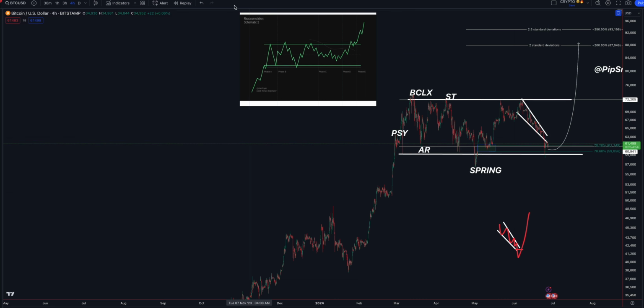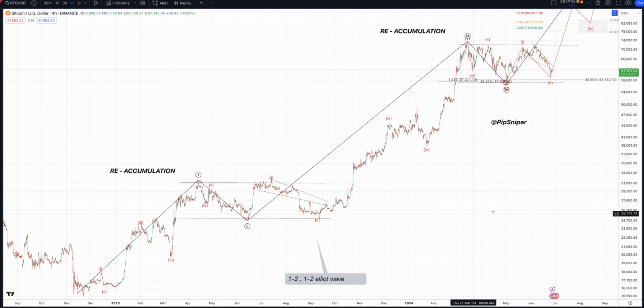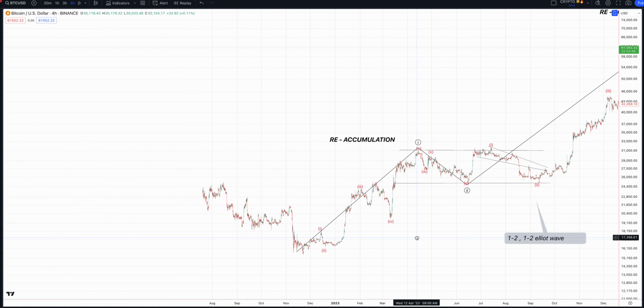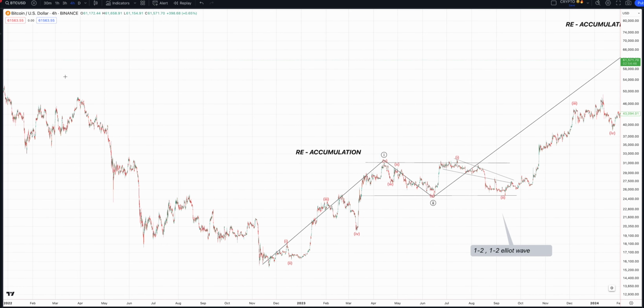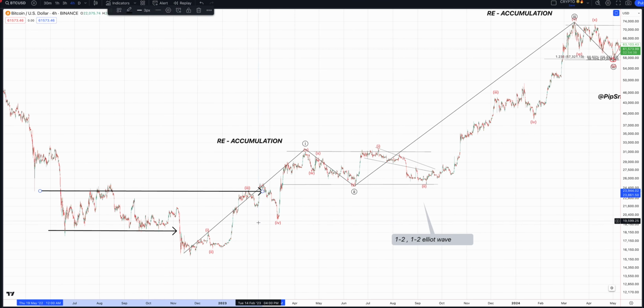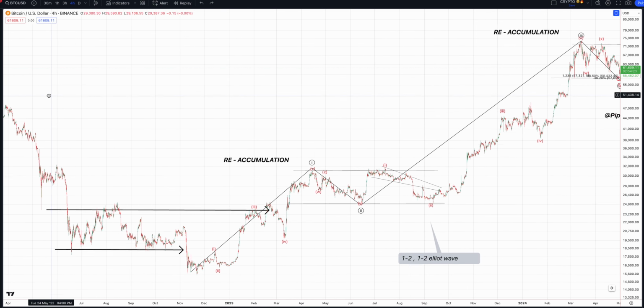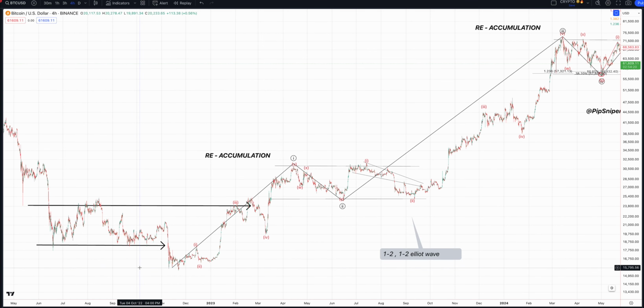So now we can see that this is a very similar structure to 2023, in which we had reaccumulation. If we take a look here, you guys can see how similar this is, right? 5-wave move to the up. So over here, this was Wyckoff accumulation at the lows. Remember, Wyckoff accumulation happens at the lows, not at the highs. And you have your spring over here, and then a grind to the upside, a throwback, and then continuation. So our Wyckoff accumulation schematic marked the bottom over here, and we actually bottomed out with the S&P 500.